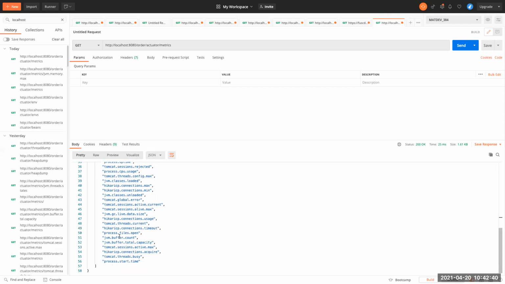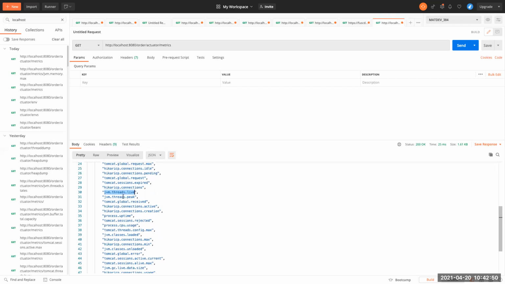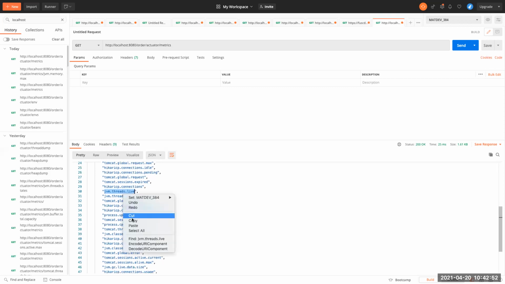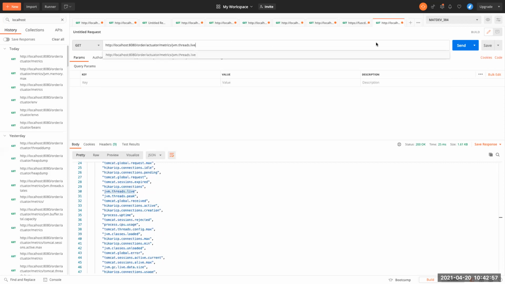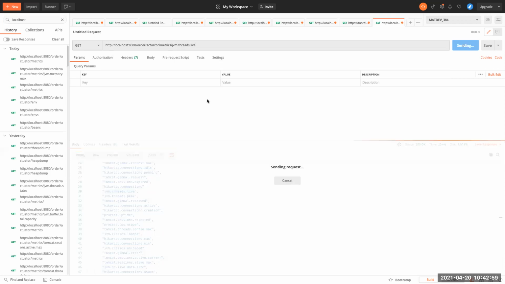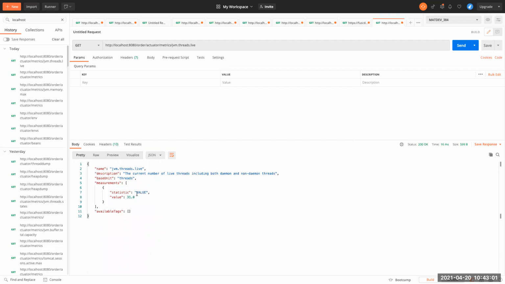Most of these metrics help us to debug the application or debug errors. We'll get the live thread count by using this service: 31 threads, so the total number of live threads is 31.